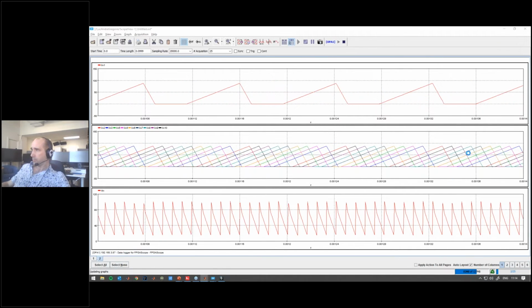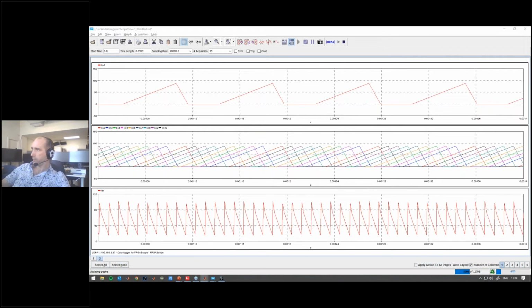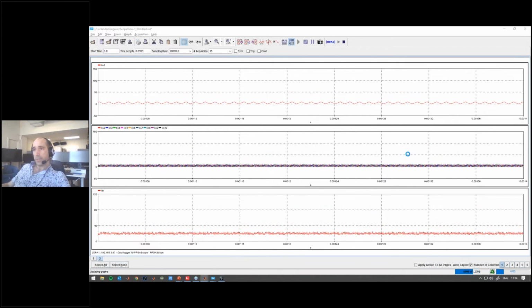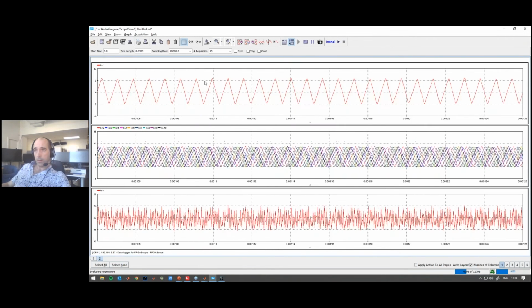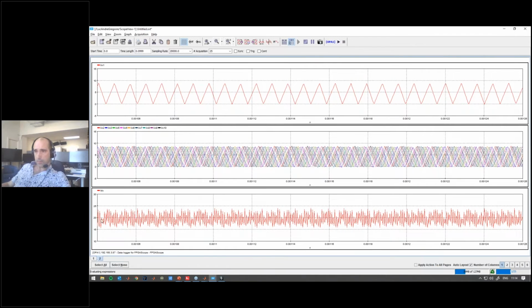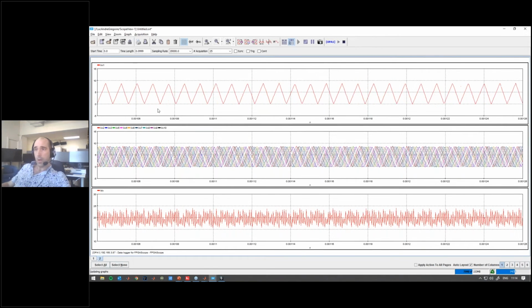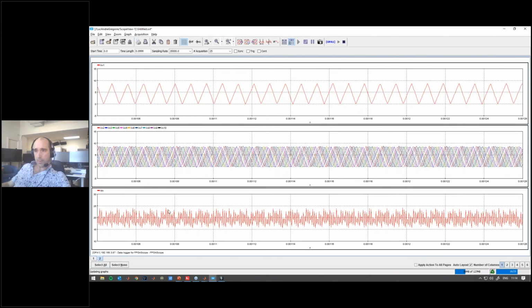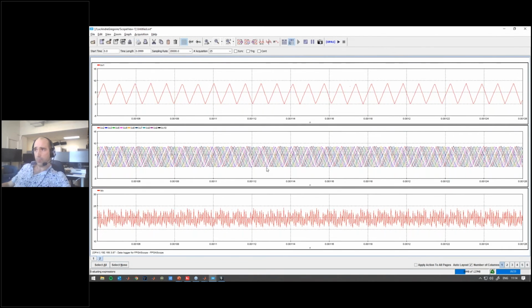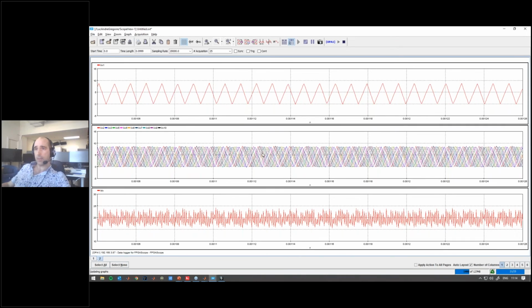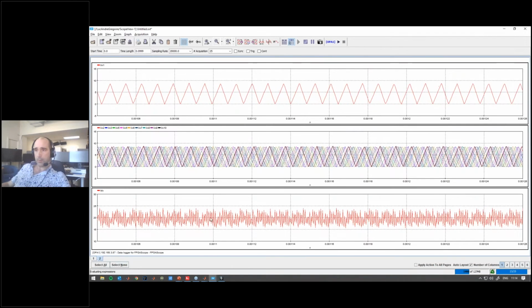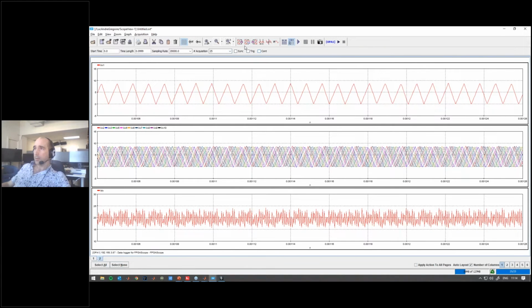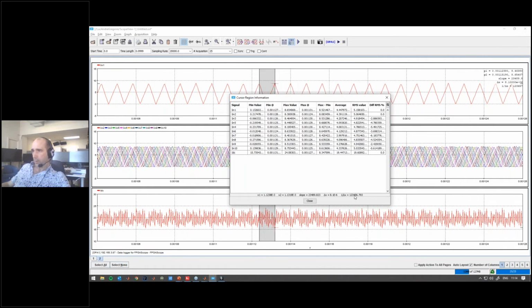Now if we want to push harder, let's set a single phase to around 100 kilohertz. You can see that the signal is still pretty good. The one thing we can see is that we are a bit undersampled, because this scope is now running at 300 nanoseconds. This is why there's a bit of aliasing. And if we use the tool here, we can observe that we are at about 120 kilohertz